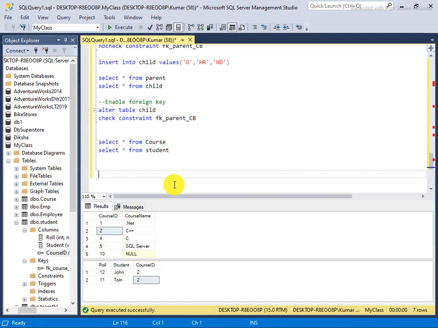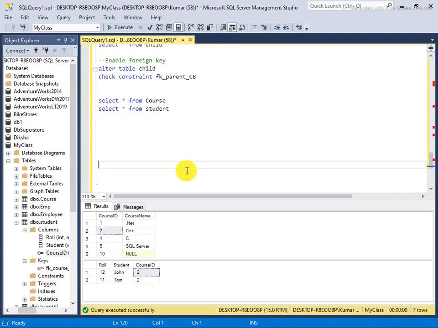But what happens if it's necessary to delete? What situation may arise here, where you may want to update or delete? Because in the real world there may be such situations. So basically there are 4 situations we see there, which are the on action, delete, update and cascade. So I write down all the things as syntax. Basically there is no action; by default it is on delete no action and on update no action.